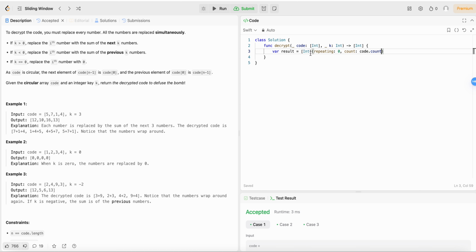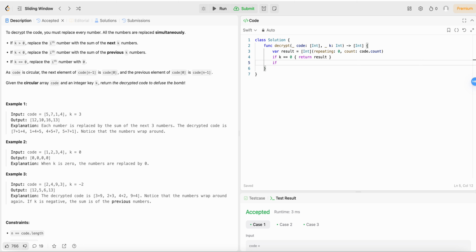This is the syntax of Swift to create an array with some default values. Now, if my k is equal to 0, what I will do? I will just return the result. Okay,